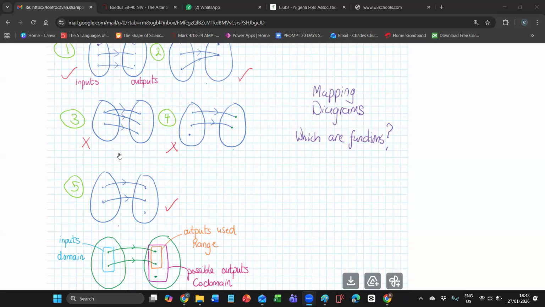Y equals square root of x. So let's pretend our x is 4. Square root of 4 is what? Plus or minus 2. Because of the existence of those two possible outputs, we cannot say that that is a function. But guess what? If we tell ourselves that